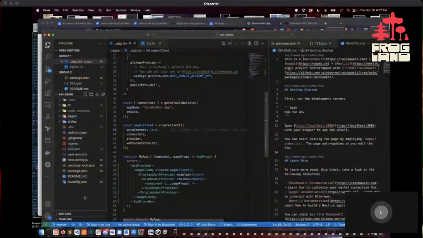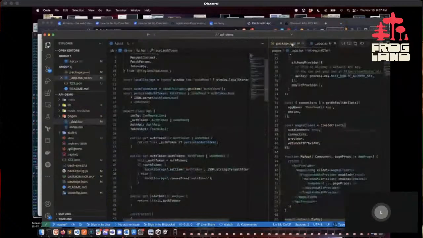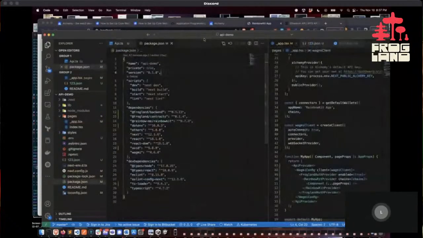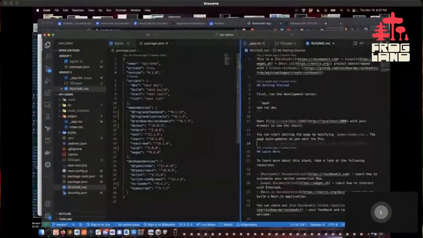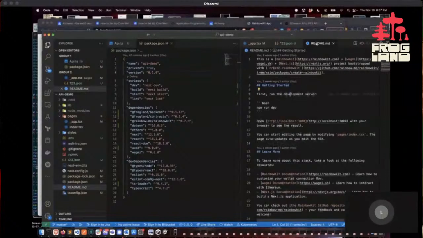So when you start out, it pretty much looks like this. And I'll go ahead and move some of this stuff off the screen here. We can focus primarily on a README. Every good project needs a README and package JSON. So in this README,